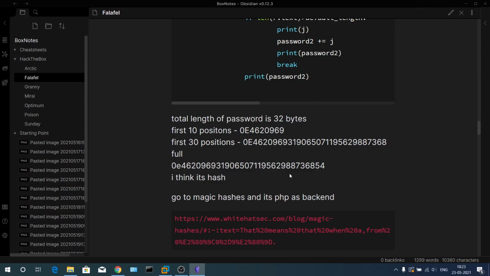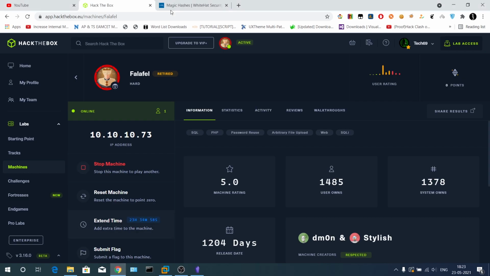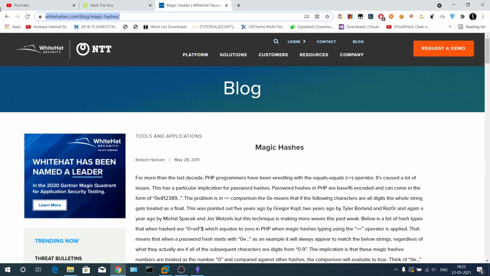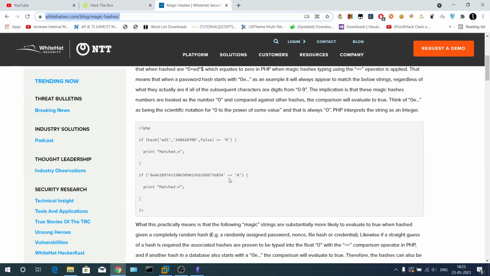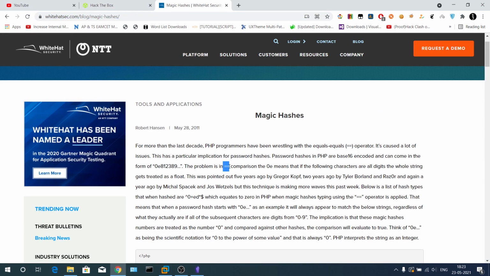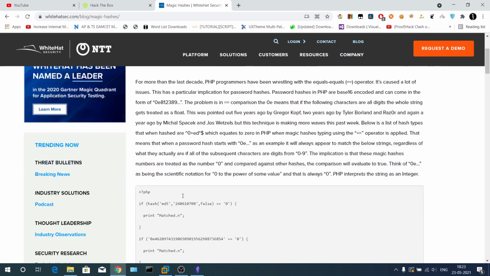Meanwhile I will show you magic hashes. If you go to this website, WhiteHatSec, it's basically saying that in PHP, when you are using the double equal to, it does not check the types of the left hand side and right hand side variables. It just compares. You need to use the triple equal to.